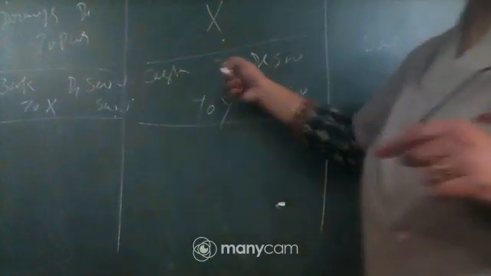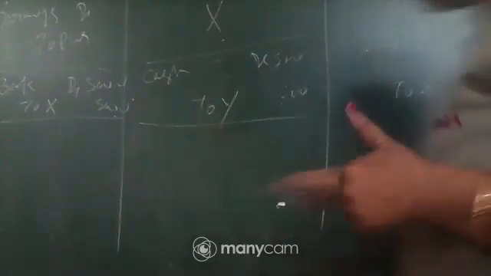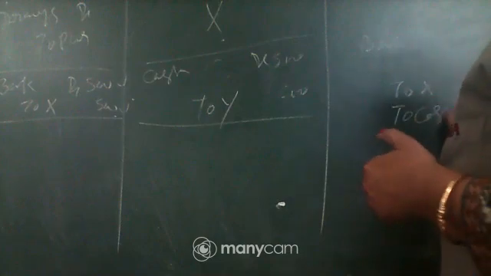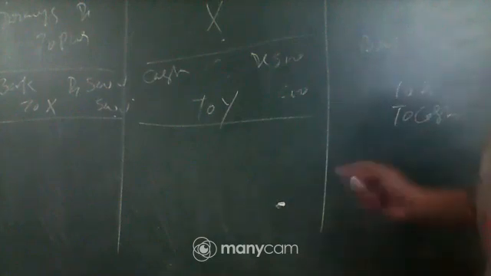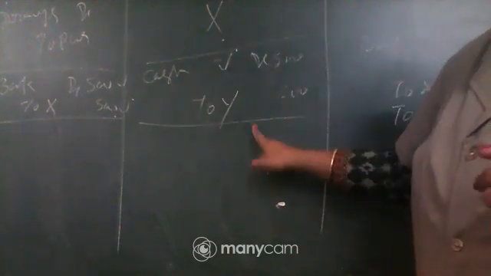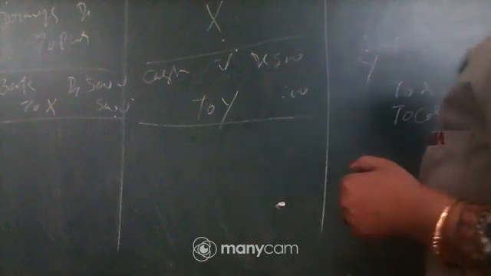Next is cash. Cash should not be debited. Wrongly we did. So let's finish off it. Cash is in debit, we will finish here. Cash credit. This is done. Now Y. As per the right entry, Y should not be anywhere. Y should be cancelled. So Y will be transferred in debit.